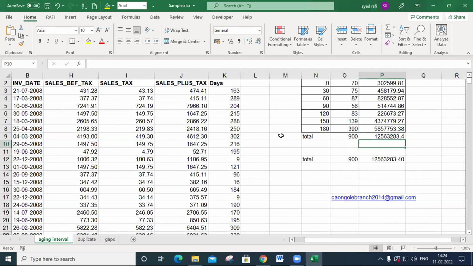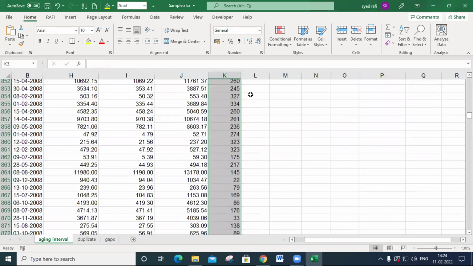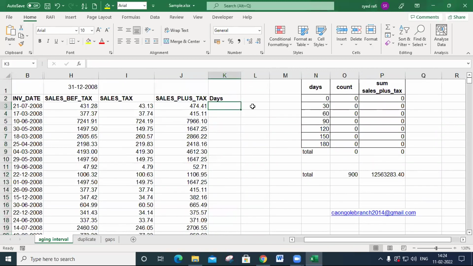So how to get stuck till only the table, only the table last column? How to stick till there only? So here, when you apply a formula, like, yes, this, I will show you. So I apply a formula equal to this one minus this one and put a dollar here.